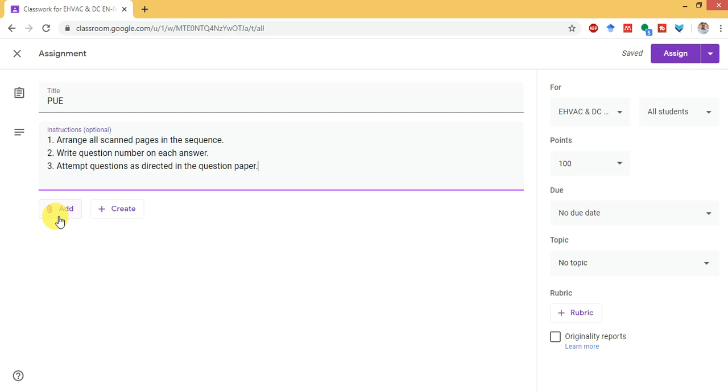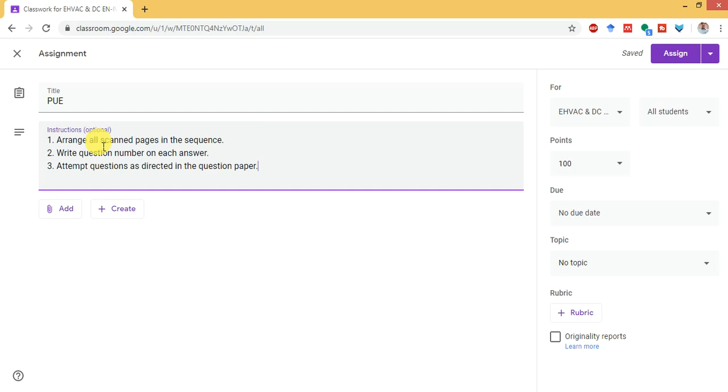Now, why have I written these 3 instructions? Because I have prepared a question paper that will be added in this section. Then the students will write answers on their copies, scan those pages, and a single file will be created and uploaded in the Google Classroom of the student section.